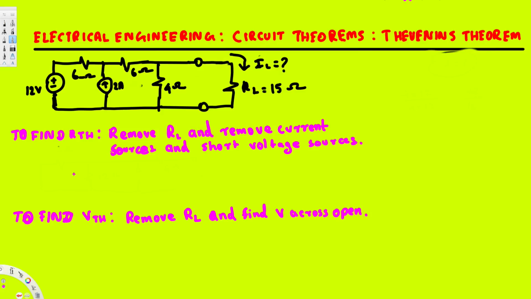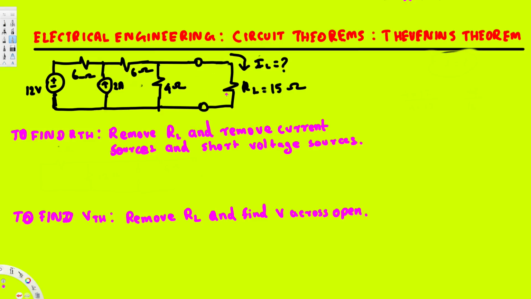What's going on, guys? In this video we are going to see an example on Thevenin's theorem. Here the question is asking to find the current across this load resistance, and also here we have a linear circuit. Thevenin's theorem is basically when we have a linear circuit we can change the circuit into a Thevenin circuit, so we can find out whatever they are asking for. So here the question is asking for the load resistance, and let's see how we can change this linear circuit